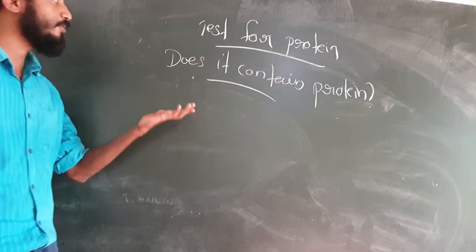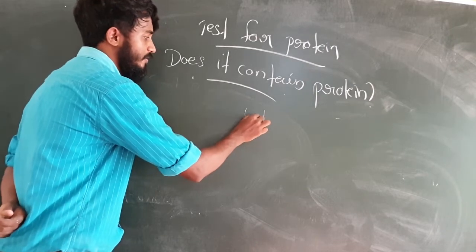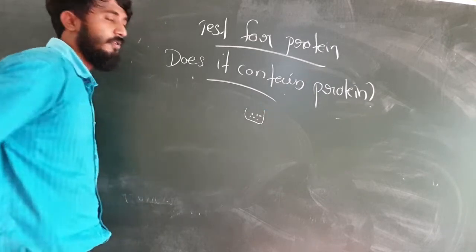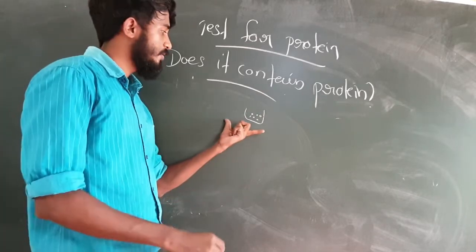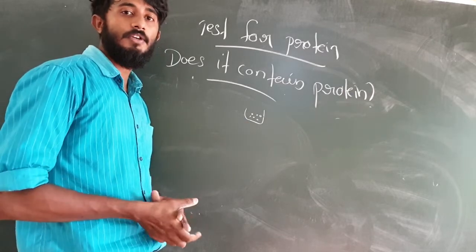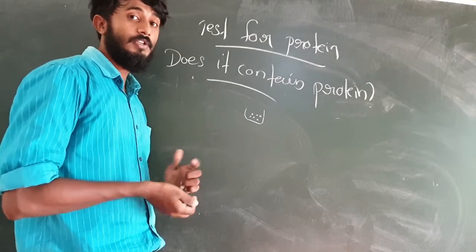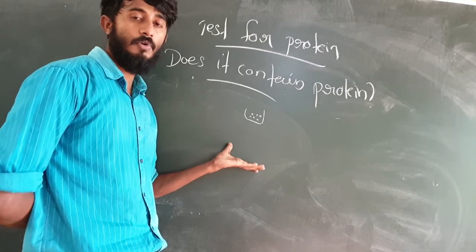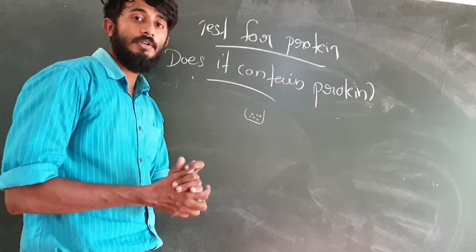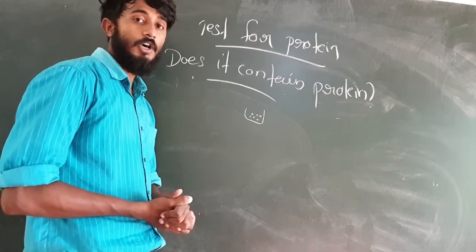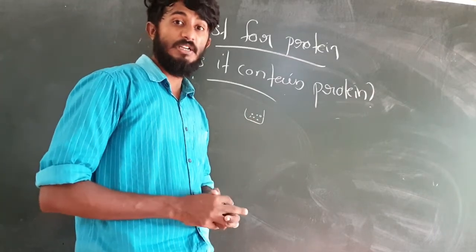So students, now we are going to see the test for protein. If you are given a food item, how can we find out whether this food item contains protein? Is there any solution for that? Is there any test for that? In the case of carbohydrate, we can use iodine solution. So the iodine test we can use for finding out the presence of carbohydrate. In the case of protein, similarly we can use another test,